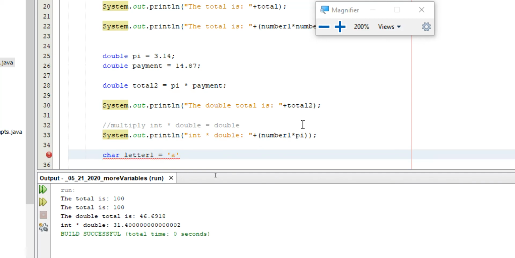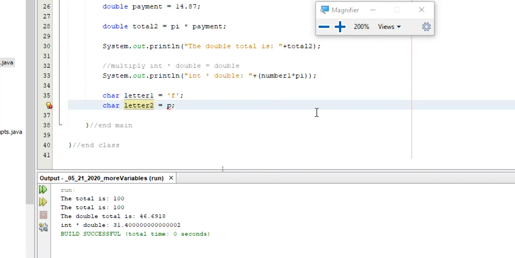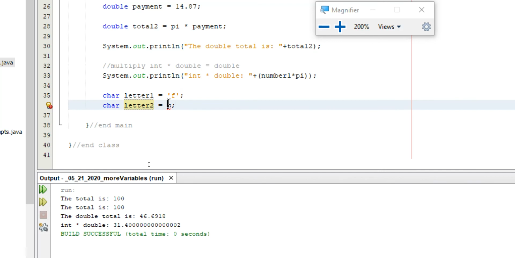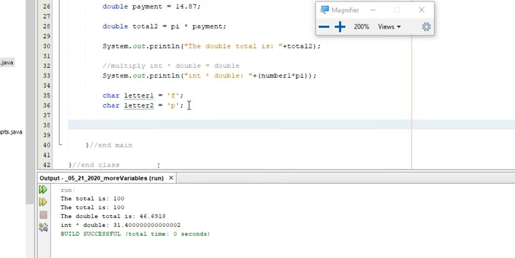Now if we're doing strings, for example, or characters, single apostrophe, let's go with F. 2 P. And I can't just put a P here. And the reason for that is, well, if you check, cannot find symbol, it thinks it's a variable. I could name a variable P. But this is a character, which means a single apostrophe. Now, if I make a string, capital S, not lowercase s, for reasons we talked about before, word is, now if I go letter1 plus letter2,